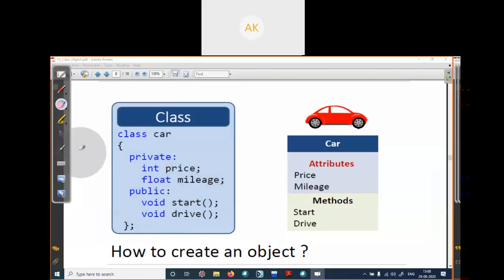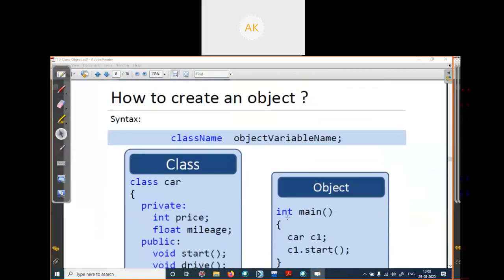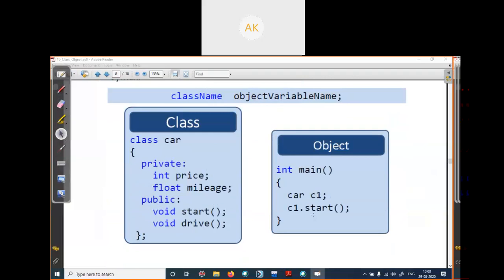How can we create an object? After declaring your class car, you can create an object of this car. Start your main method this way: write your class name, here car, followed by your object name, c1, followed by a semicolon.